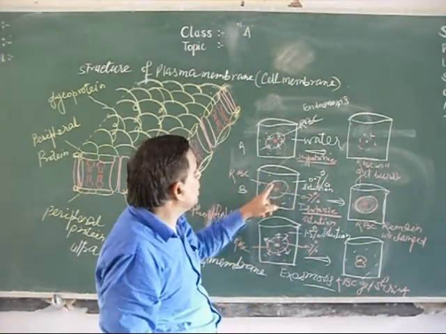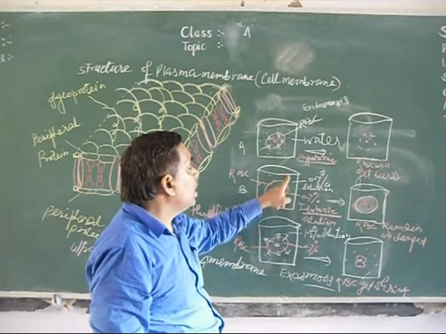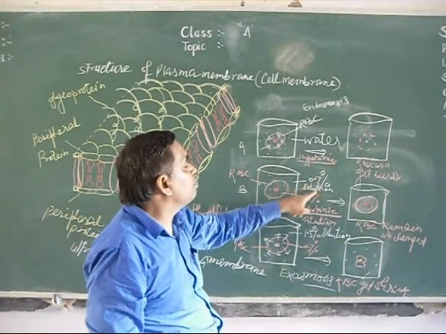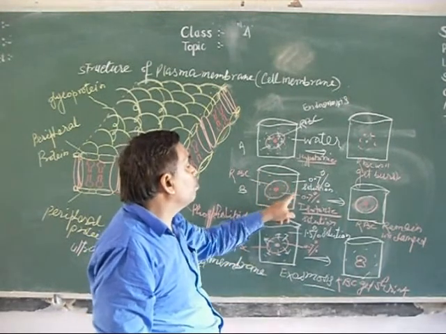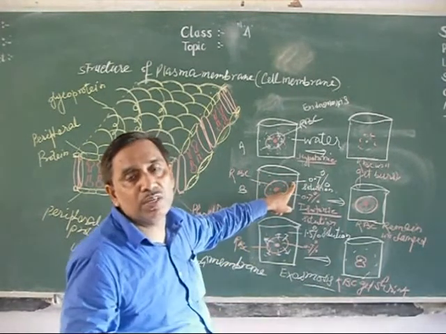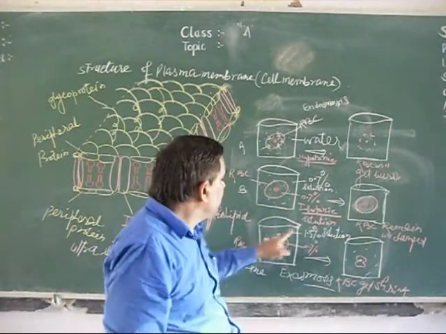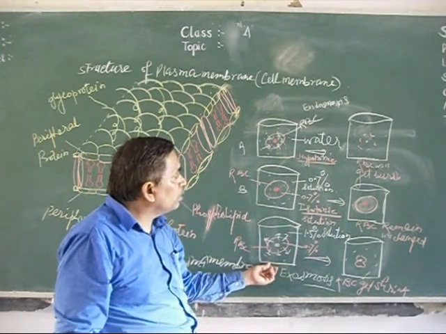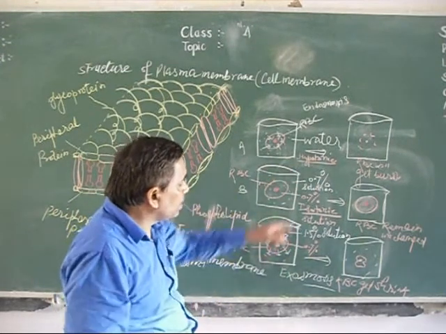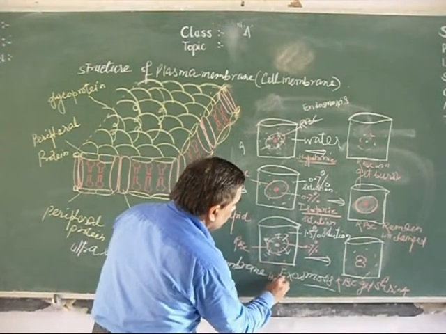Inside the RBC there is 0.7% concentration. Outside we have also taken a 0.7% solution. When we keep the RBC there, there is no change because the concentration on both sides is equal. Water molecules move neither outside nor inside, so it remains unchanged. Here, when we keep the RBC in a hypertonic solution, this is hypotonic, this is isotonic, and this solution is hypertonic.